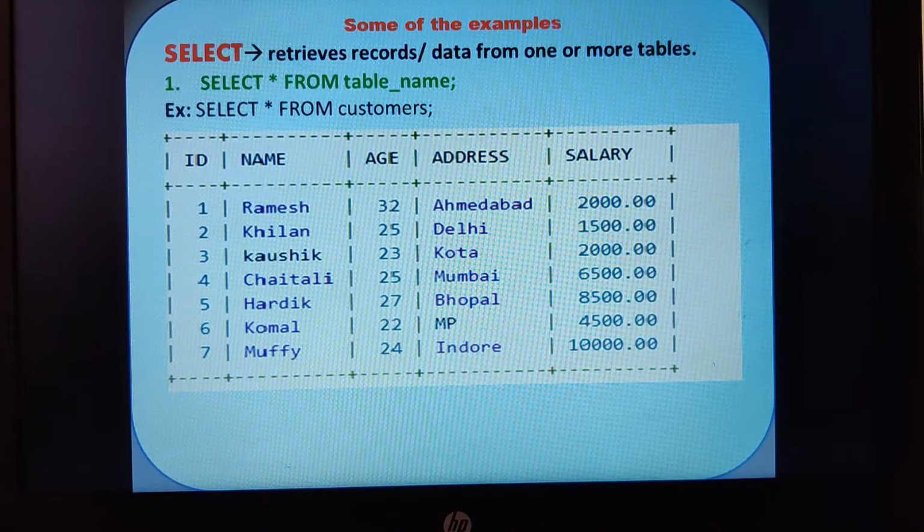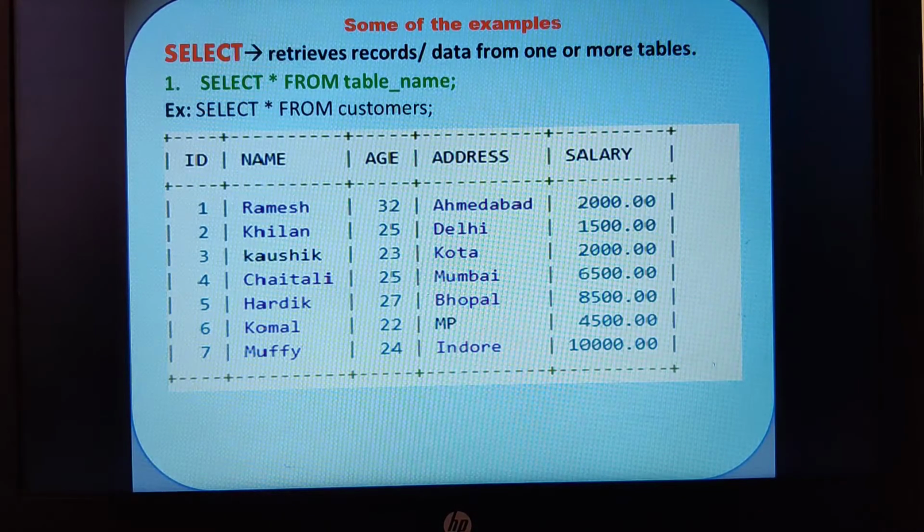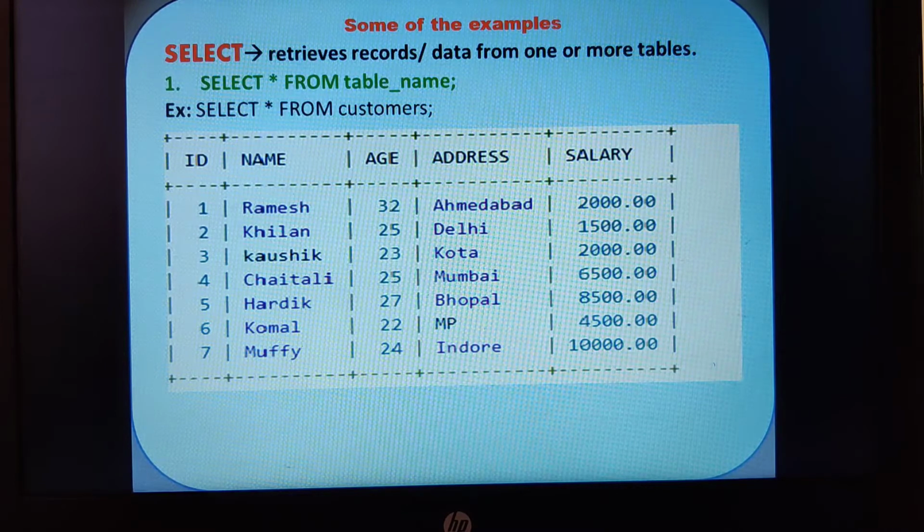Hello my dear students. Let us continue with the chapter on Structured Query Language. In our previous video we revised the basic commands, that is create, update, insert, alter, drop, delete, write, and select. And then we have also seen the comparison operators. Now in this video, let us start with the logical operators.